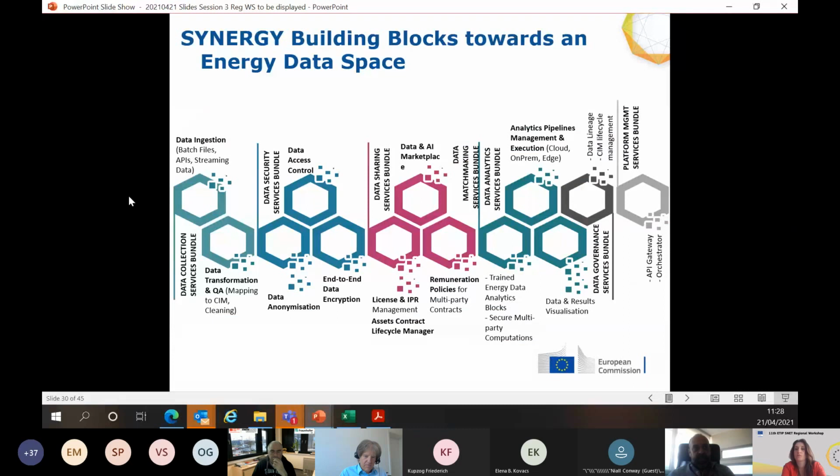to do so, we are introducing a reference big data architecture and a reference energy data space implementation that is based on 4 main service bundles. These are building blocks, let's say, towards the creation of this energy data space, starting from the data collection, where we give the possibility to the different users to upload their data in whatever format it might be available, either data at rest or data in motion, but also real-time data through different architectures and methods, and transform this data and improve their quality in order to be used in the 3rd service bundle, as